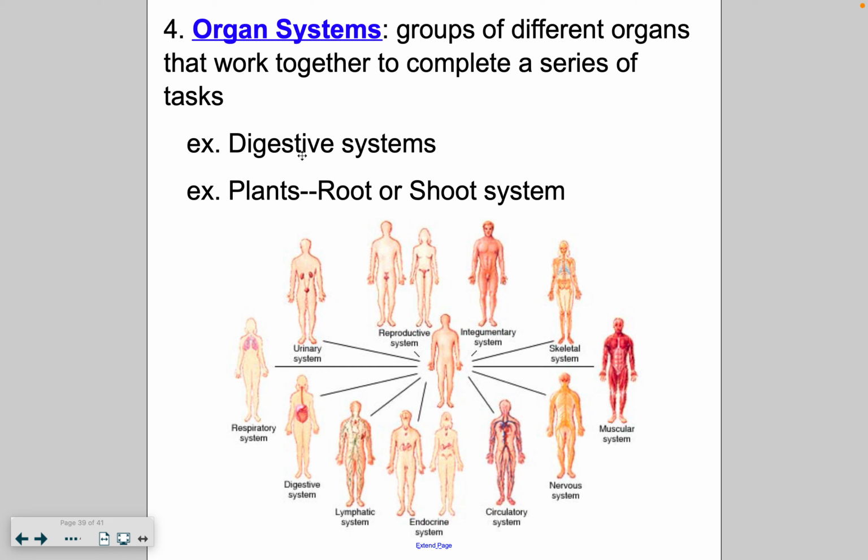So you can see we have, within just the digestive system, it's interacting with other systems. So just keep that in mind. So organ systems, different organs working together to carry out a task. Plants, they have 2 types of organ systems. It's either a root system, which means like the roots are growing underneath, okay, and they're absorbing water. Or you have a shoot system where the plants grow vertically or horizontally, depending on the species, and then they are creating sugars. So root or shoot system.